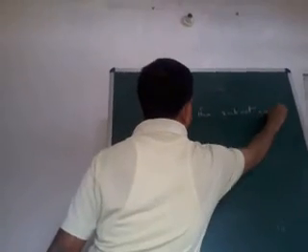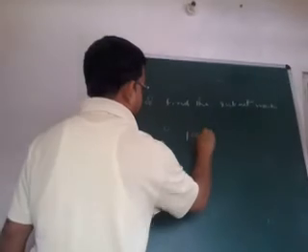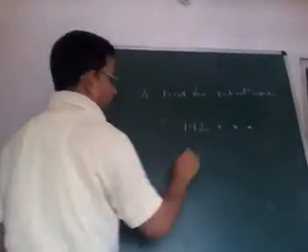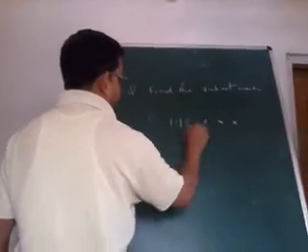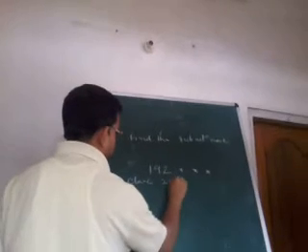By the way, a subnet mask is nothing but, suppose this is the IP address and it is of some class. If it is class C, the subnet mask will be like this,